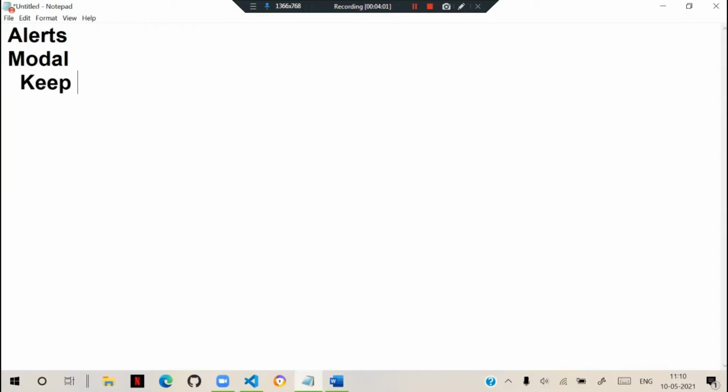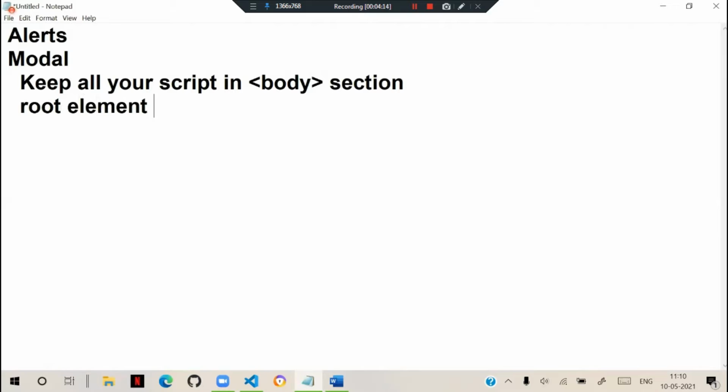So keep all your scripts in the body section, because the root element is configured as body. Generally the root element is configured as body.